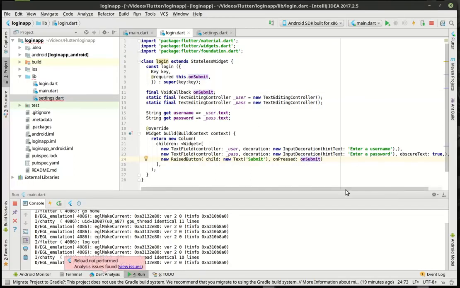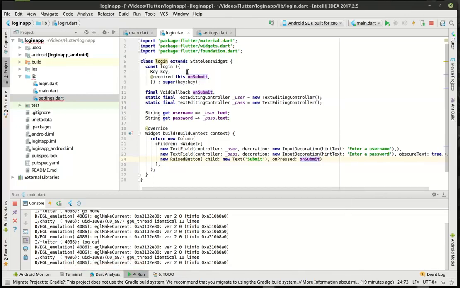So looking at this code, really what's going on here is we have a stateless widget. Remember, we're not going to hold the state because it's stateless. We have in the constructor, geez, cold medicine, we have a key which would help identify this, but we're not really using it in this tutorial. I just wanted to show you can do it. We have a required parameter, and we're using this onSubmit. onSubmit is actually a void callback, meaning we're expecting this to call a function somewhere else in some other code. We have TextEditingControllers, both of them for username and password, and those are being used by these